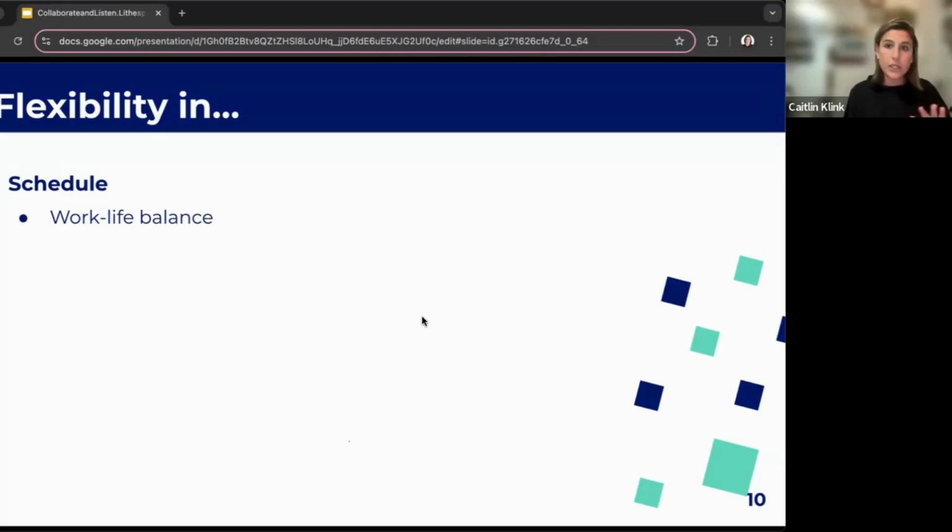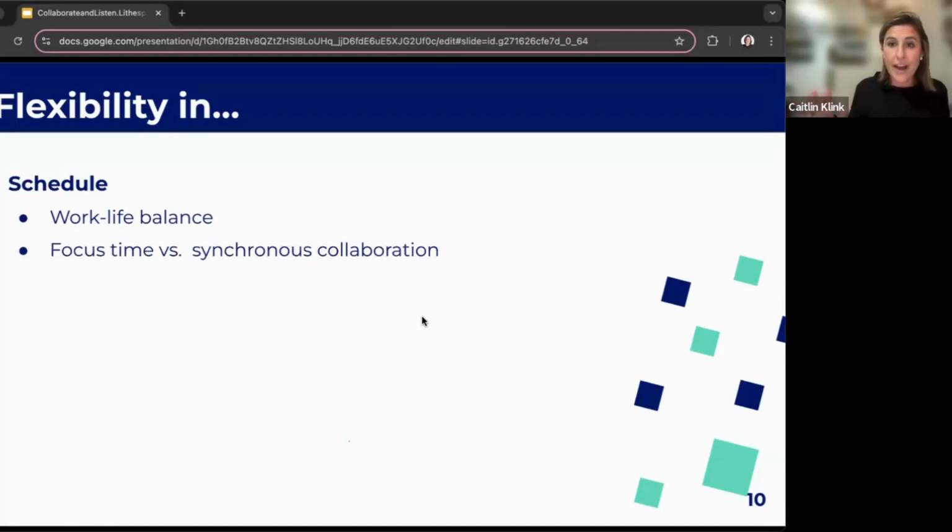Now, maybe your organization is not in a place where they can accept the fact that you're offline for an hour doing hot yoga in the morning, and they think, nope, that's not going to work. Regardless of that, if you have the expectation to be online from 9 to 5, moving some of your work into asynchronous collaboration patterns allows you to think more intentionally about time in your day dedicated completely to focused, heads-down time, and time in your day dedicated to synchronous collaboration. Because one of the things that we'll talk about later is the fact that we are constantly being pulled in a million different directions.